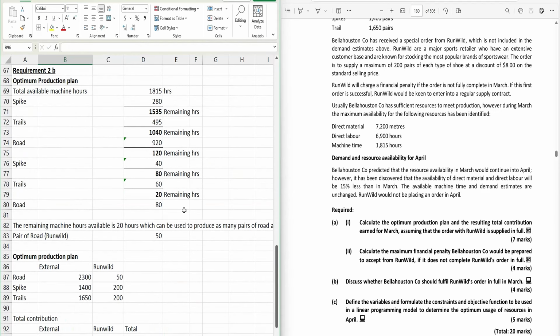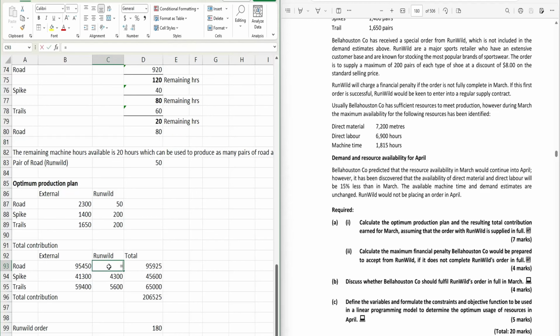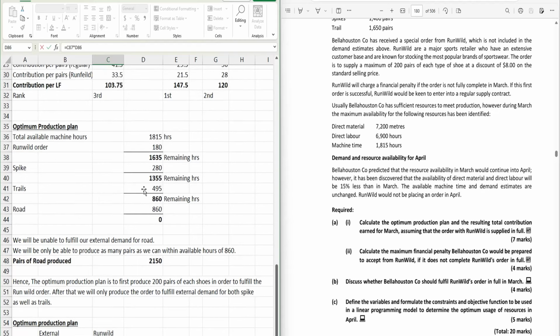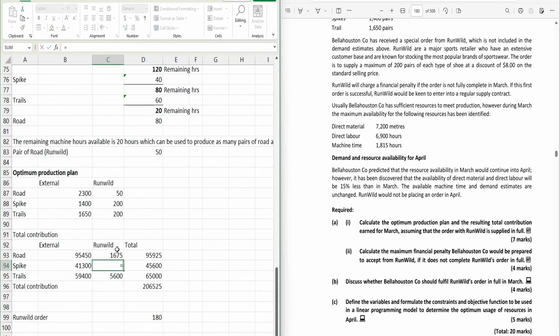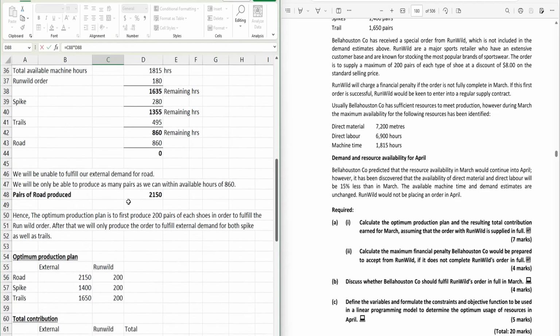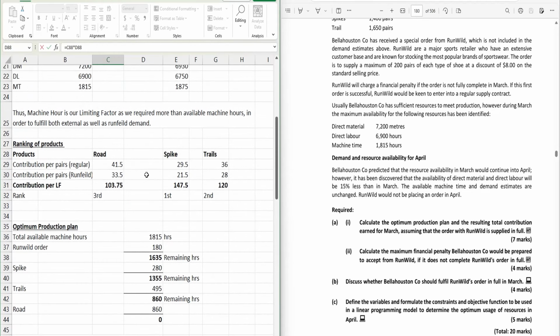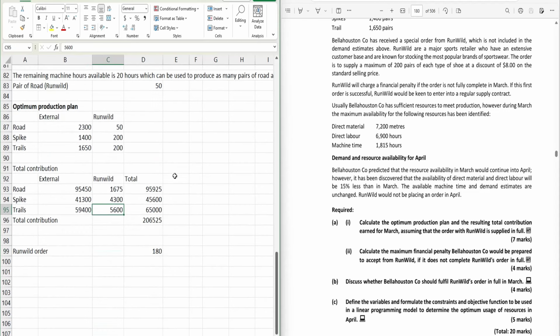Perfect. So now for Run Wild, we are only producing 50, so how much contribution will we earn in case we are producing 50? So it will be your 1675. And for 200, how much contribution is earned? Okay, for spy 21.5 and 28. Okay, so 28, 25, okay, so 28. Now the total figure is,